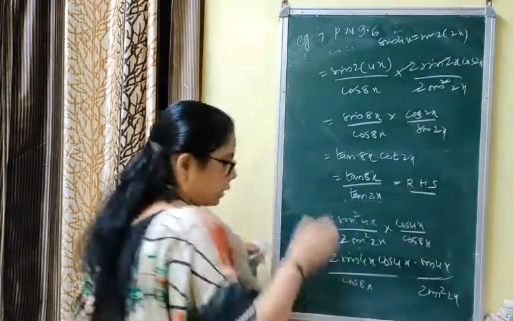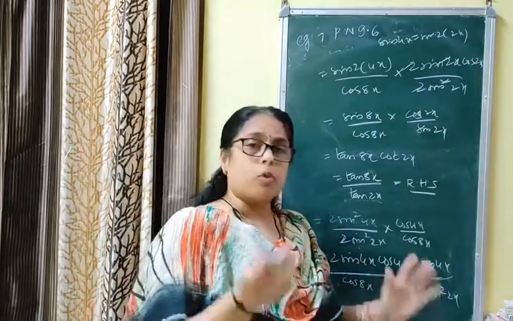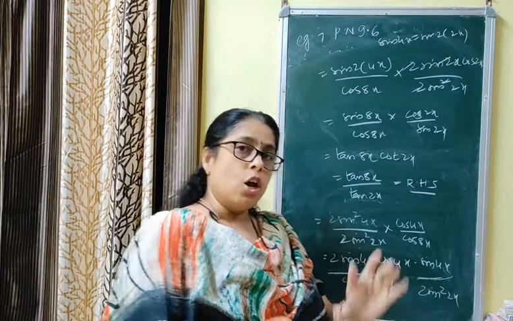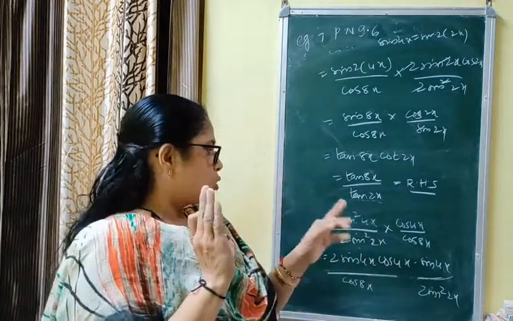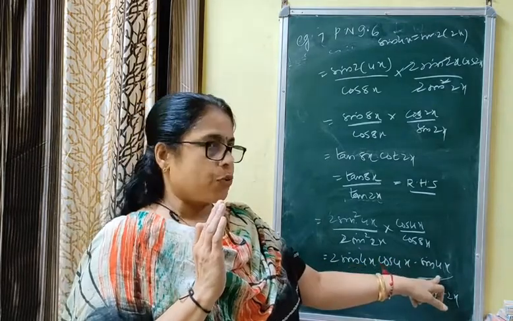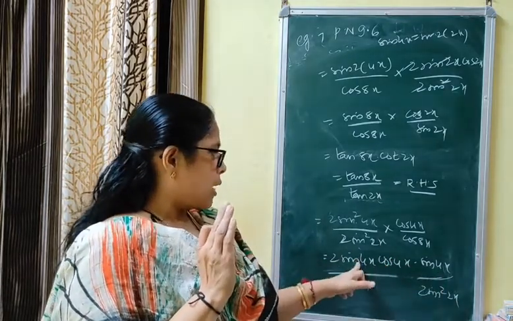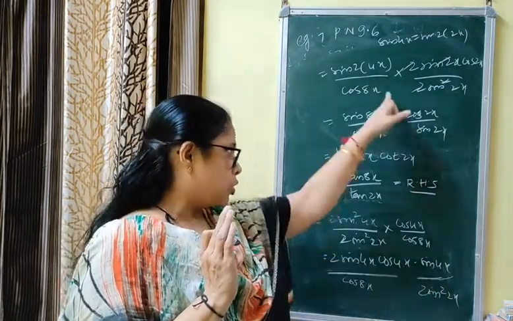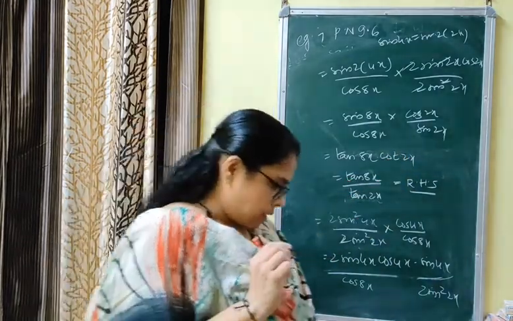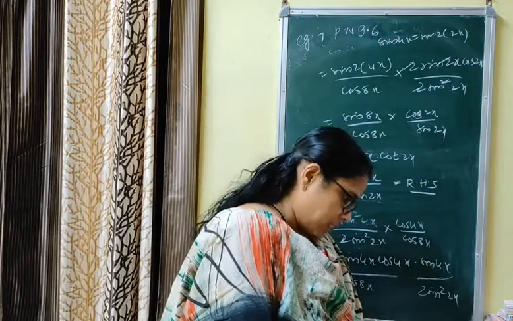This question is very important. In this question, first we will change sec into cos, then apply the formula 1 minus cos 2 theta. After that, in 2 cos sin square 4x, this step is very important. Separate sin 4x and use the formula sin 2 theta. Again apply the formula sin 2 theta, and last, cot x can be changed into tan x. This is the question. This question is very much important.